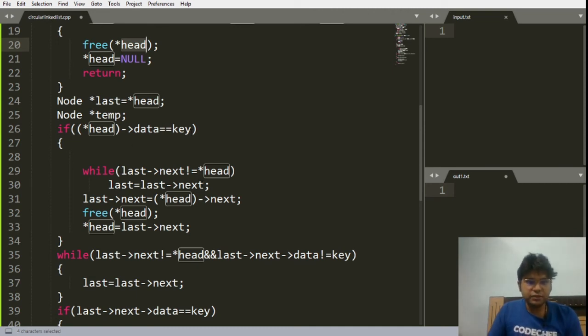So we'll traverse until we encounter head again. Circularly we will travel the whole linked list to the last node before head, because if we move forward, then head will again come and then we'll need to travel. So that's the case. We'll travel to the last node until we encounter head, and then what we will do,